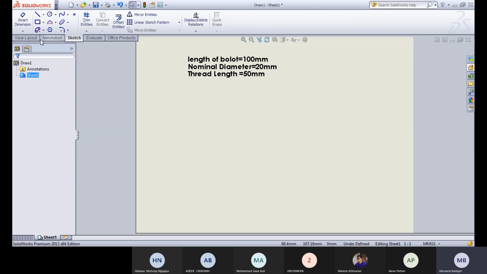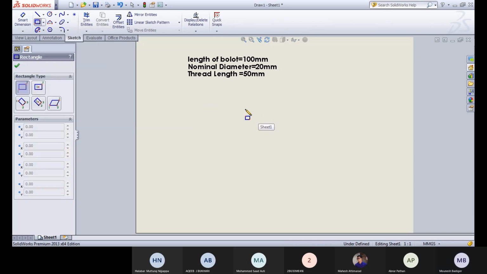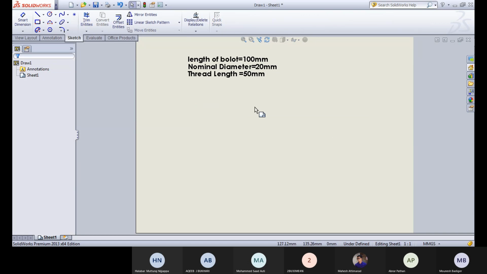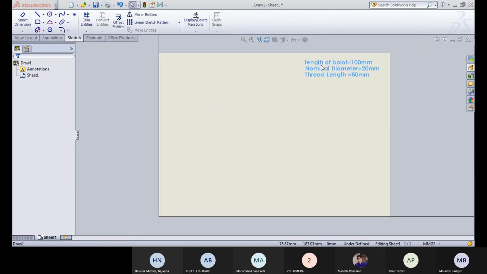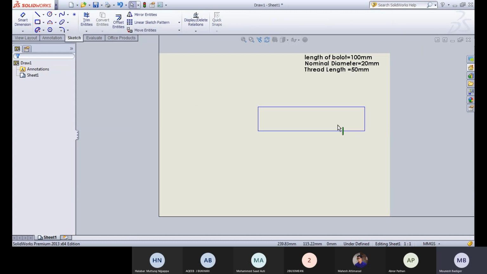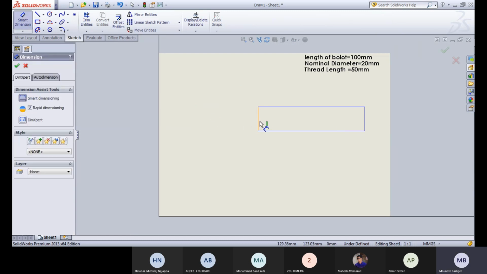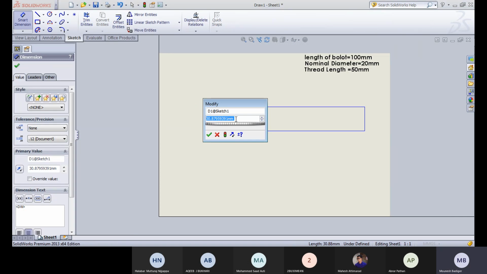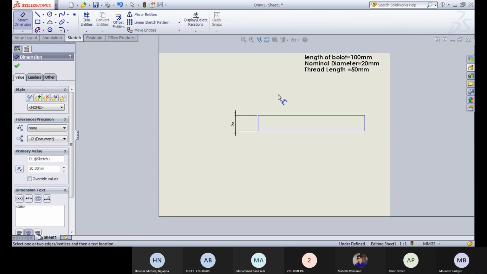We'll just see. First, what I can do is go to corner rectangle. Just click on this. Just keep these parameters aside. Corner rectangle, just to draw it roughly. So what is the nominal diameter? It is 20 mm. Yes. And so he has